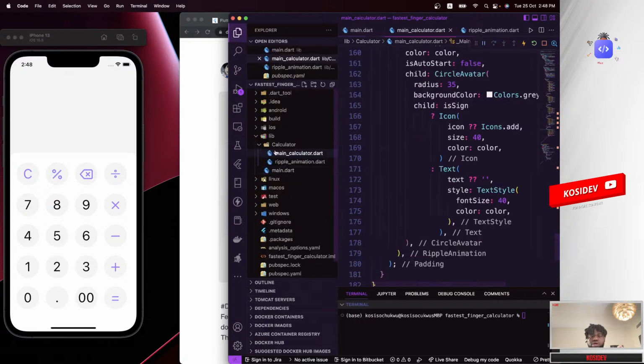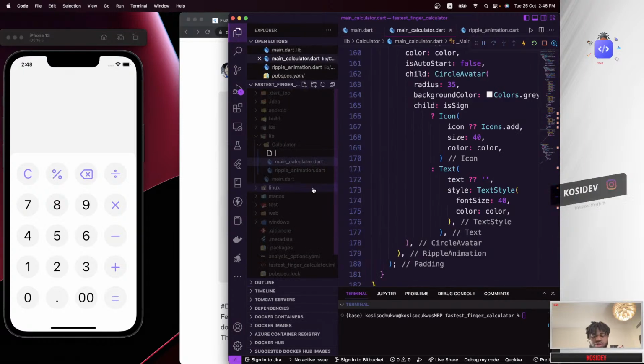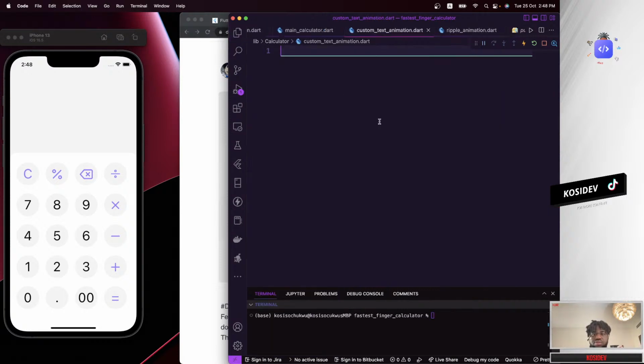I'm going to go over here and create another file. I'm going to call the file custom_test_animation, custom test animation dot dart. So remember the extension dot dart. Then paste this